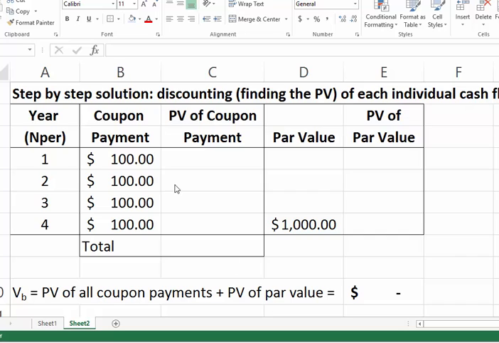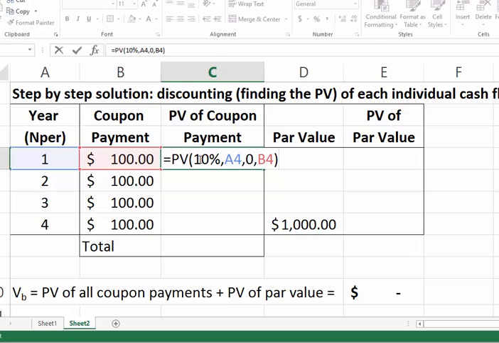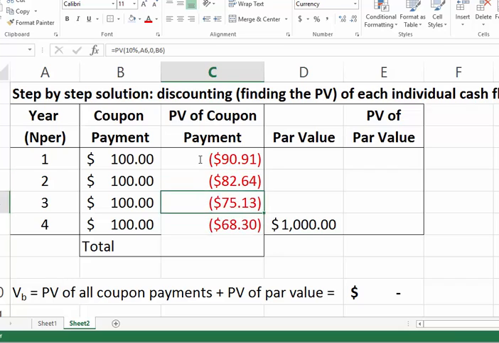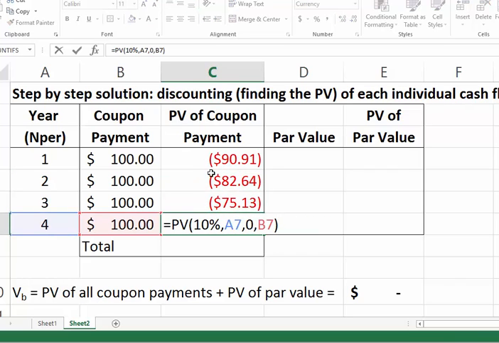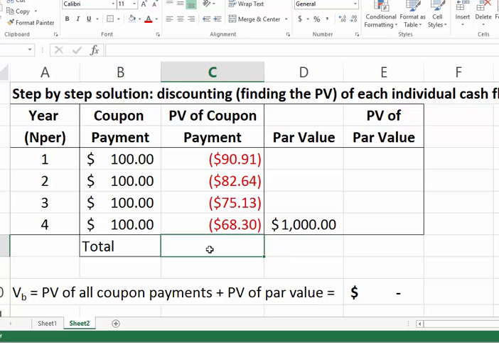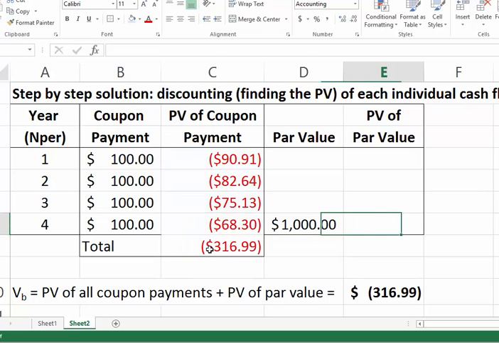If we want to treat these as four individual lump sums and then one big one at the end, so we have the coupon payments and the par value, we're going to find the present value of each by using the formula approach, which says that the present value equals the future value divided by 1 plus the interest rate to the number of periods. Typing the inputs into Excel, we get the present value of each lump sum, then we copy and paste and find the present value of all the interest portion. Then we add these,